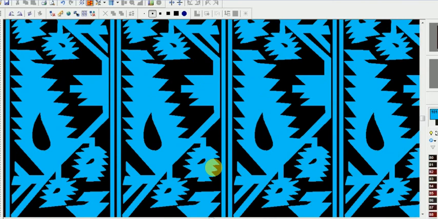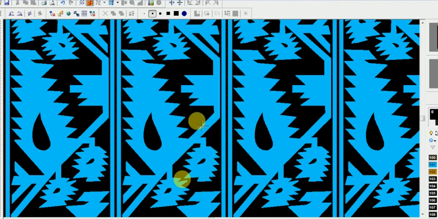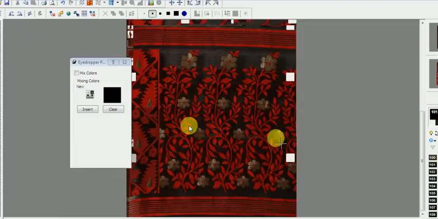Then next we will cut our pallo design with one repeat, and we give the size as I told you, hooks and picks. So next, I am saving this as border. Okay, I change the color also.